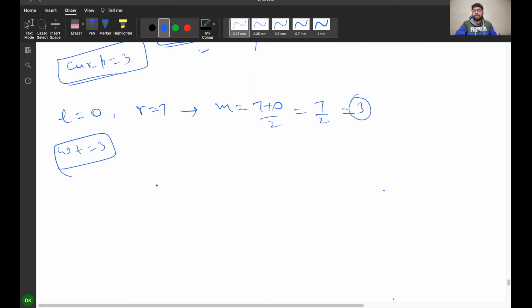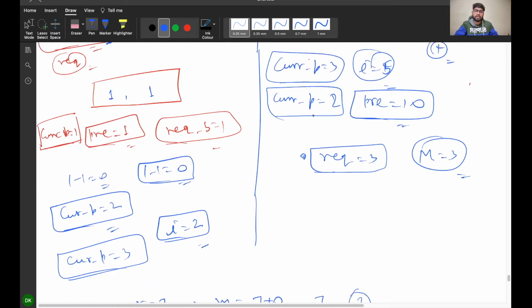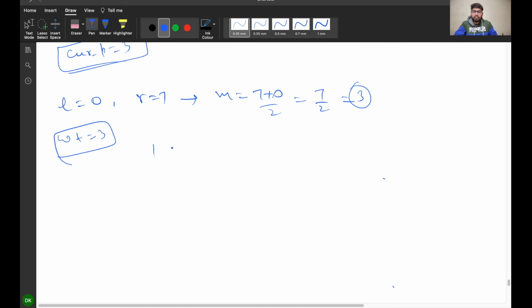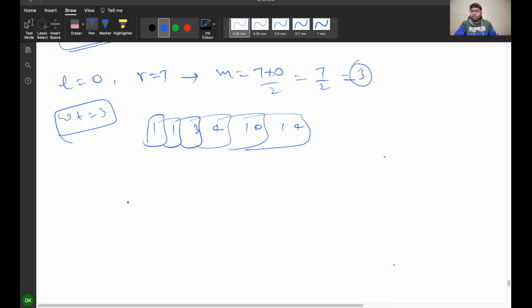And at this time we know how our required number of buses algorithm works, so we can just determine it quickly without doing a lot of calculation. Okay, so what we have is 1, 1, 3, 4, 10 and 14. Okay,